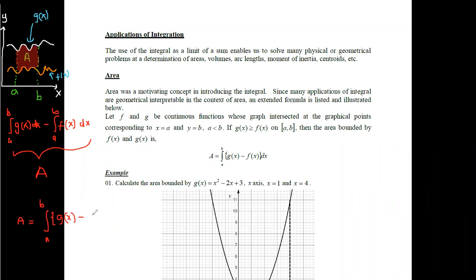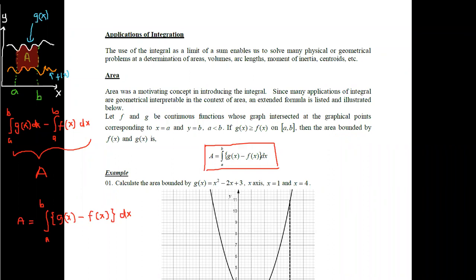It is gx minus fx, and you need to get the derivative with respect to x. Therefore, what you can do is use this function to get the area between two functions in this form. That is how we can obtain this as A equals the integral of gx minus fx with respect to x in the region of a to b. Therefore, this is the theory that we are going to use in identification of area.